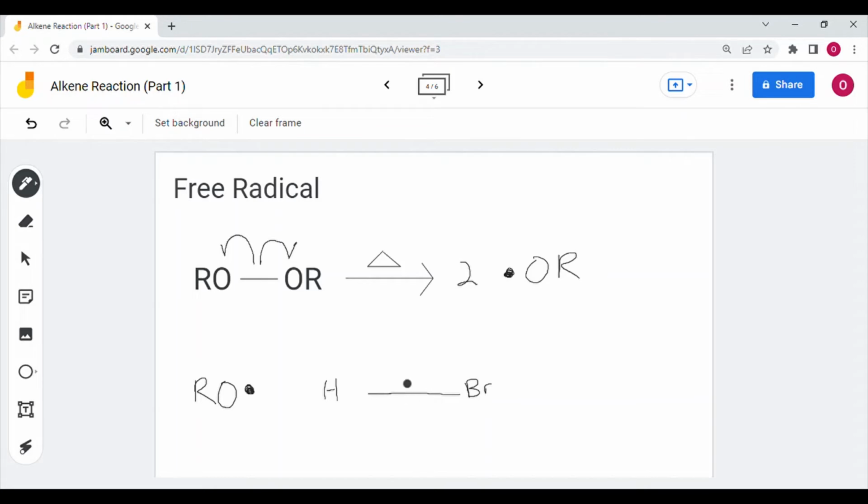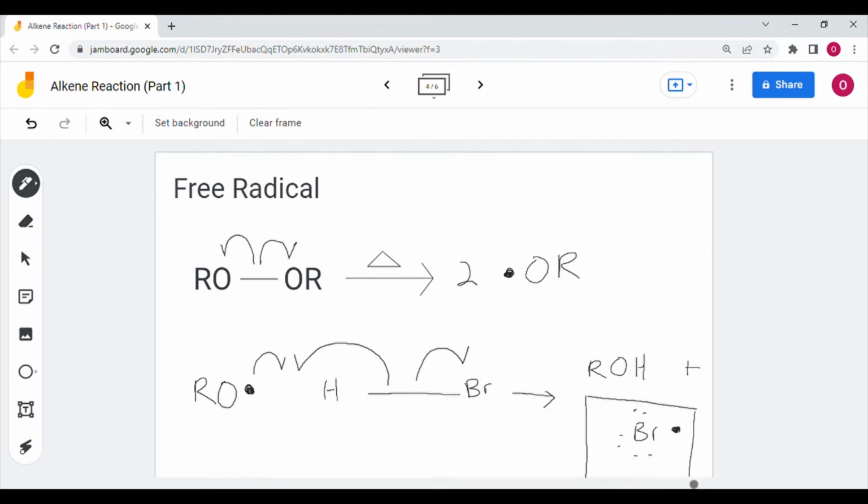And basically what ends up happening is that this free radical is going to form a bond with one of the electrons from this bond. Particularly the hydrogen is going to be attached here, and this electron is going to break free from this bond, thus going on the bromine, thus forming ROH as well as bromine with a free radical on it. Keep in mind, bromine also has 6 other electrons attached, and